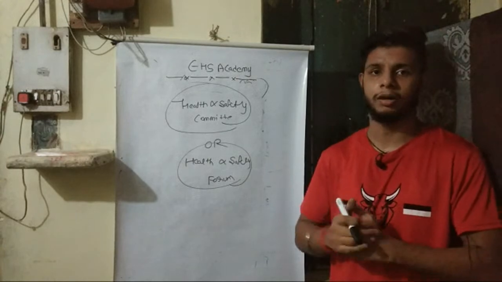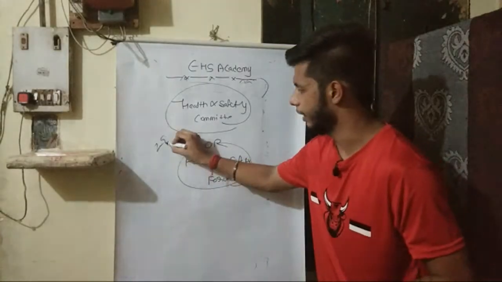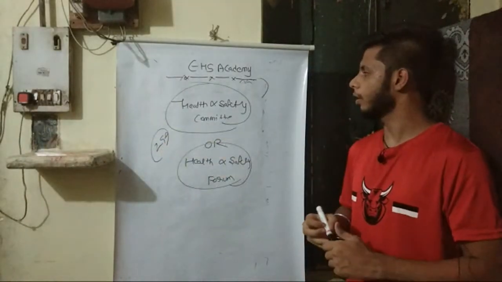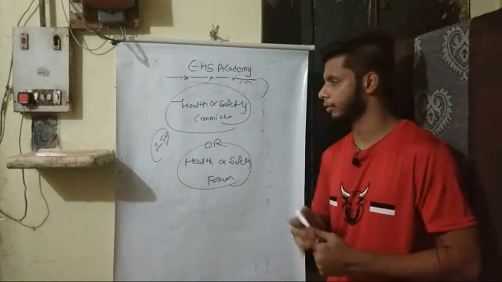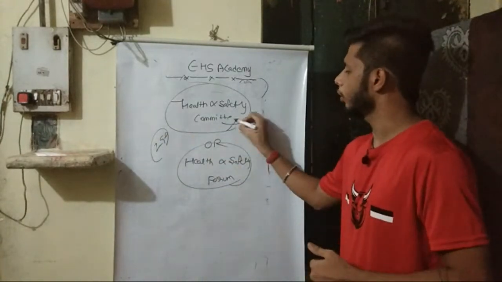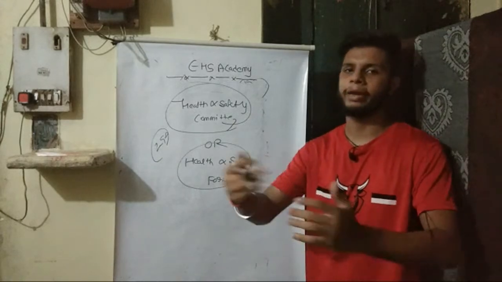Maybe my numbers are not correct, it may be 255 as per the Factories Act 1948. So you can refer to that and make it correct. It's 250. So what you have to do is, in health and safety you need to make a group of people in which